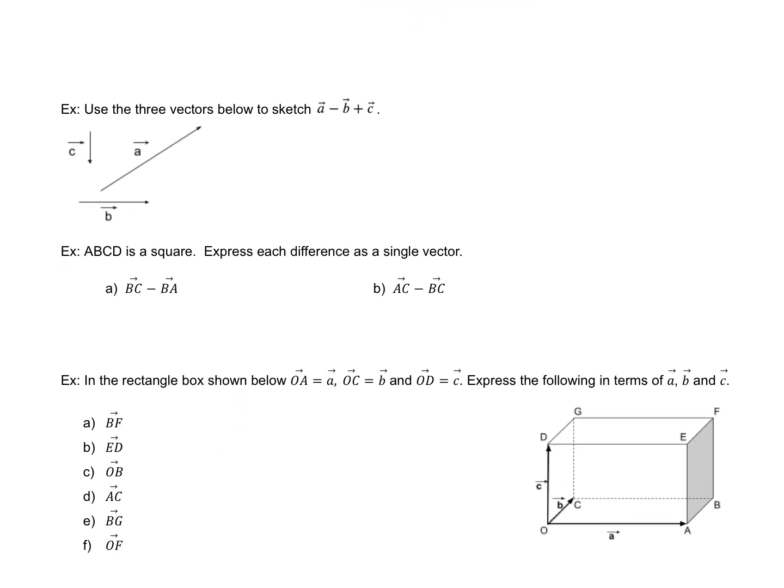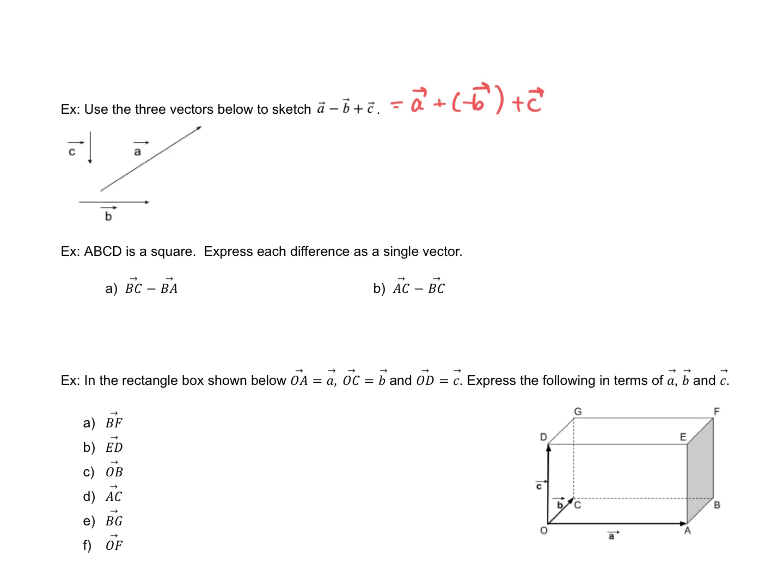Okay, let's add in a few vectors here. So I have 3 vectors and I want us to arrange them so that we can sketch vector A minus vector B plus vector C. And there's different ways you can do this. We can turn this all in terms of addition. So I can do vector A plus opposite vector B plus vector C, line them up head to tail, and